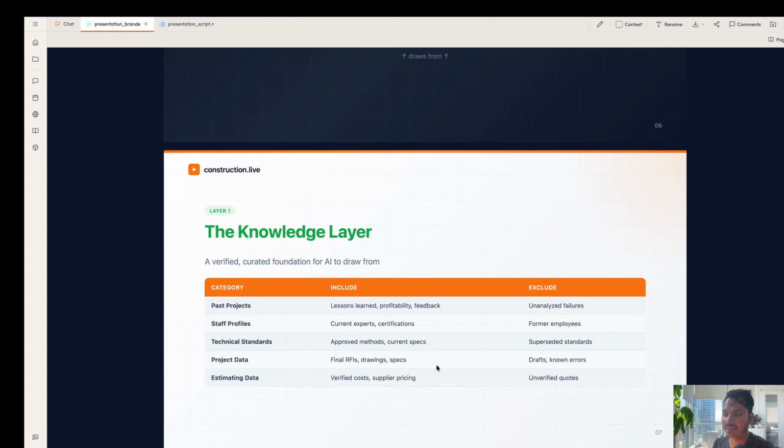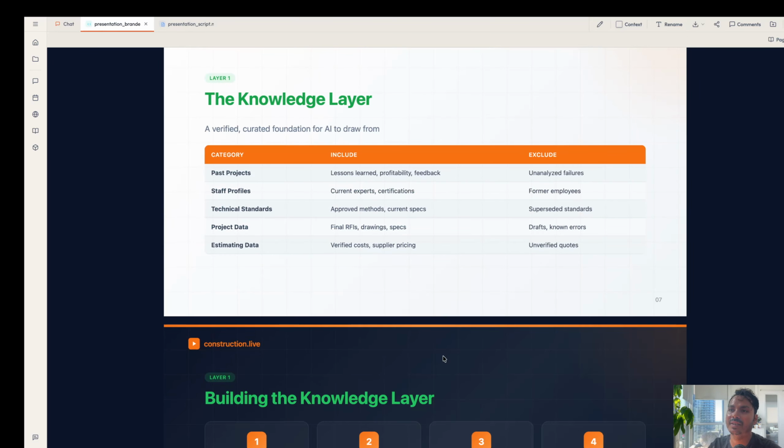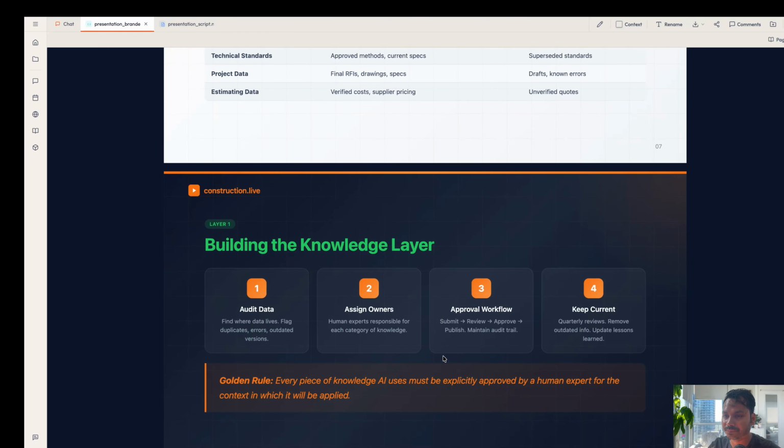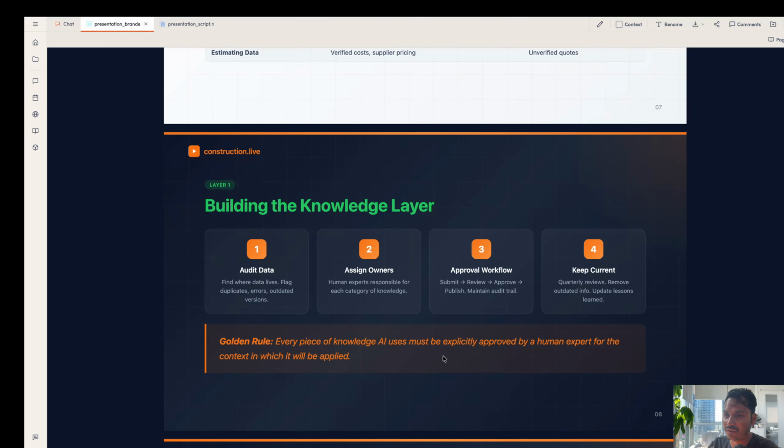That's your clean data. What you need to exclude: unanalyzed failures, former employees, superseded standards, draft unknown errors, and unverified codes, right? There could be tons in these categories, but you need to understand what your knowledge layer is that you need to build out. You need to audit data. How do you build this knowledge layer? You don't need to wait for any approval, right? When you're working, you need to see what is the latest data that I can use, what is the correct data,